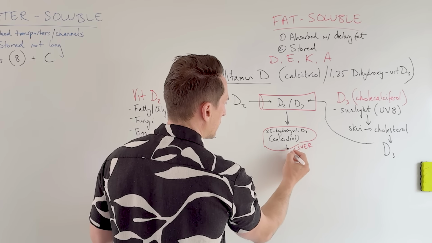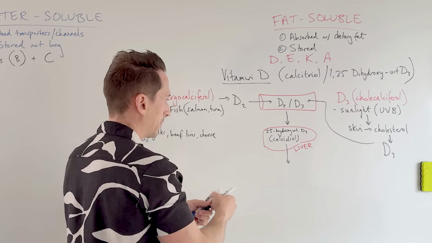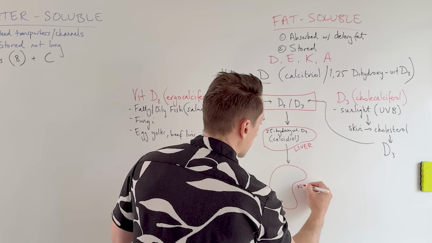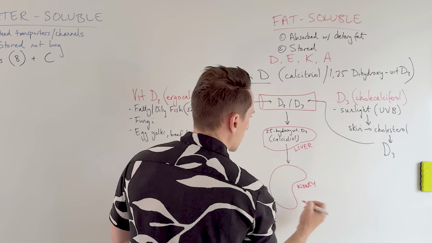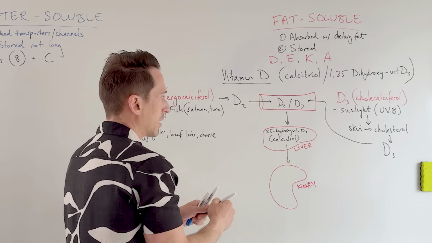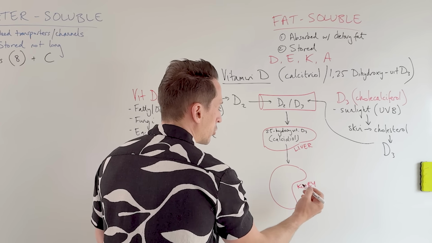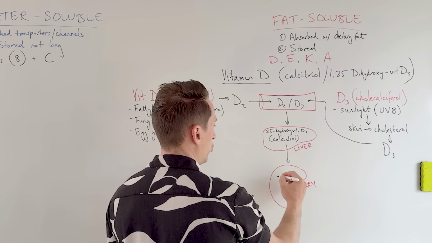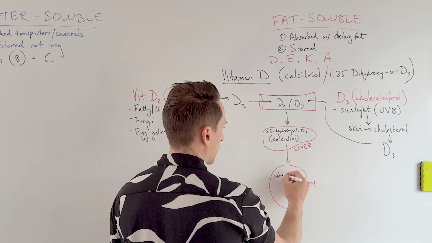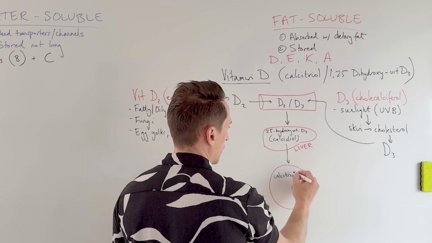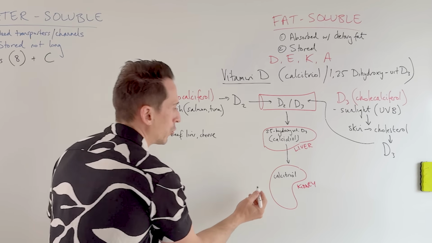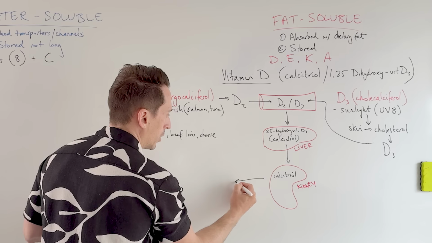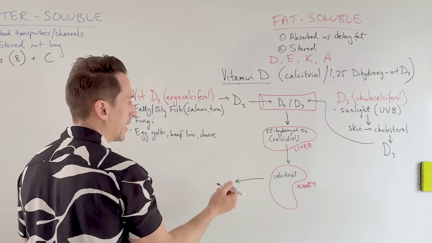The liver then hands it over to the kidneys. And the kidneys itself, right? Here's the kidneys. The kidneys itself has enzymes that turn the calcidiol into calcitriol, which is the 1,25 dihydroxy vitamin D. Whew, mouthful. Calcitriol. Now, what the kidney can do with this calcitriol, release it into the bloodstream, and what does calcitriol do? So the active form of vitamin D.